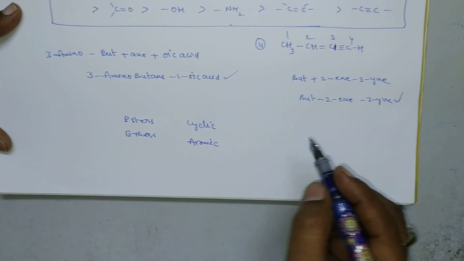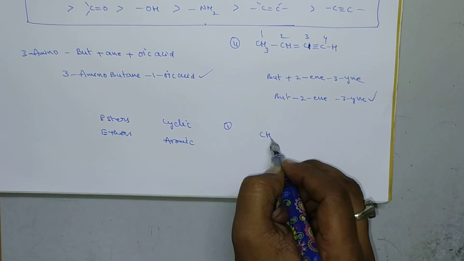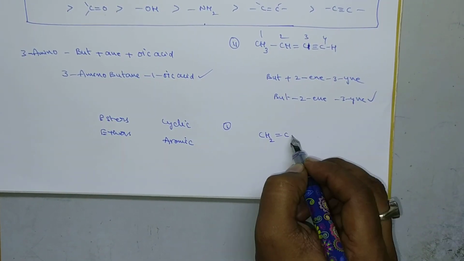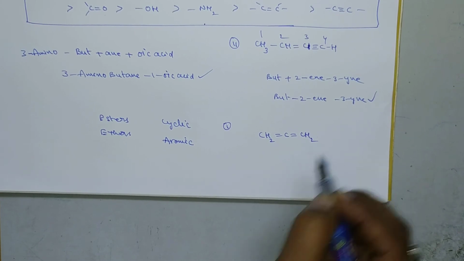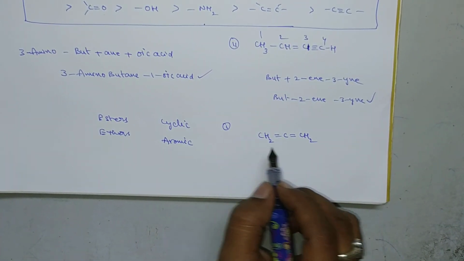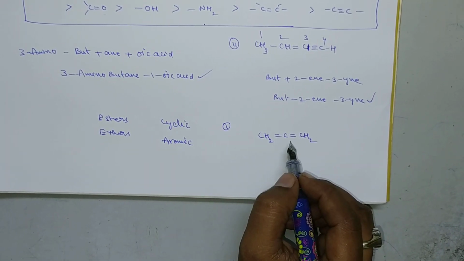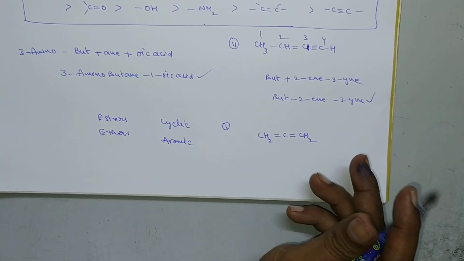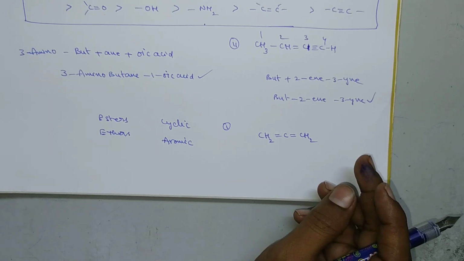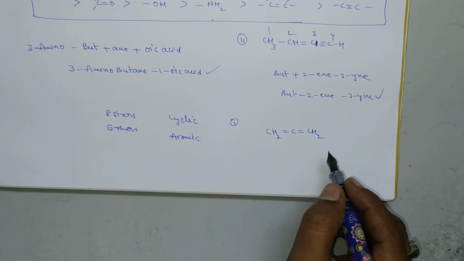Okay, here is a small question for you. You can write the IUPAC name of this molecule. Please comment with your answer in the comment box. Here two double bonds are there. If there are two double bonds, we can write it as di. Here is a clue for you: you can write it as di, and you can answer in the comment box.